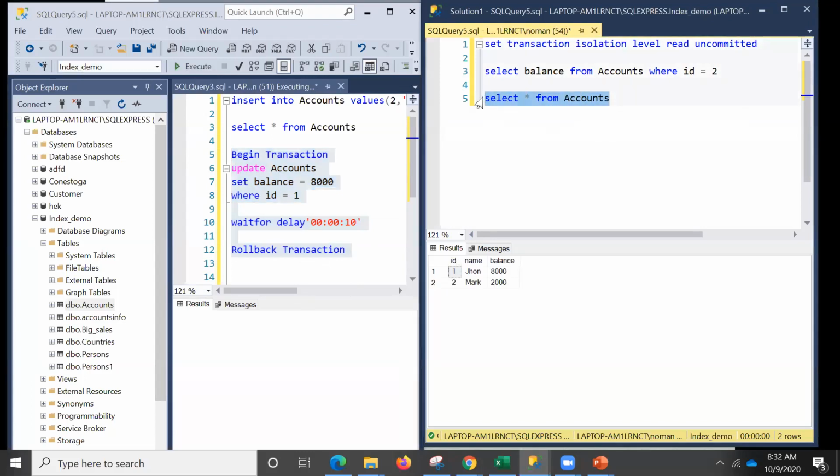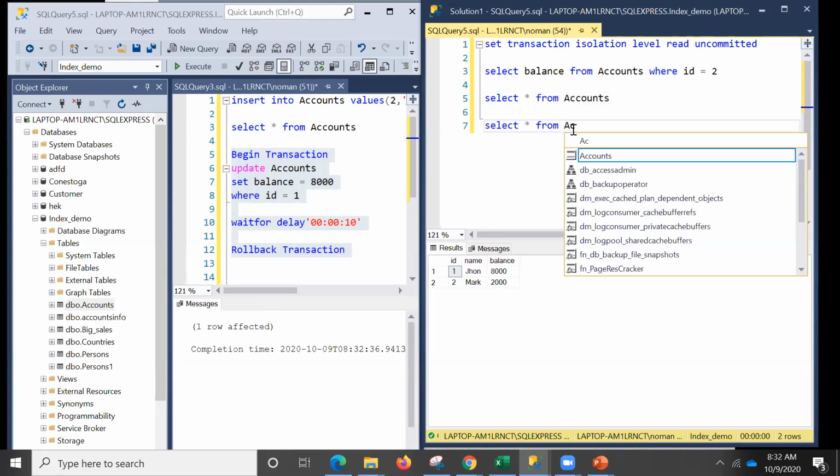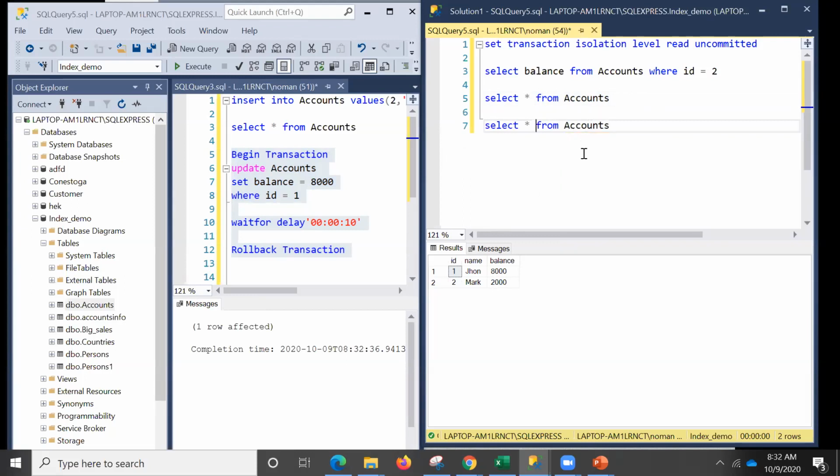In the meantime, if I run that, you see what is going on: from this window I'm getting a response of 8,000, and the real response is not 8,000. If I run it a second time, select static from accounts, you see what happens. Of course the result should be 5,000, but it was showing 8,000. Why?